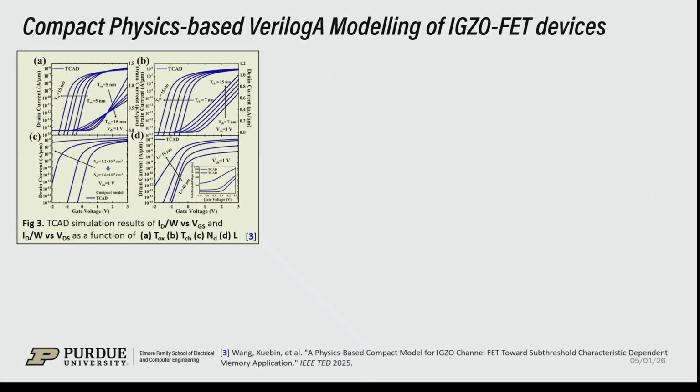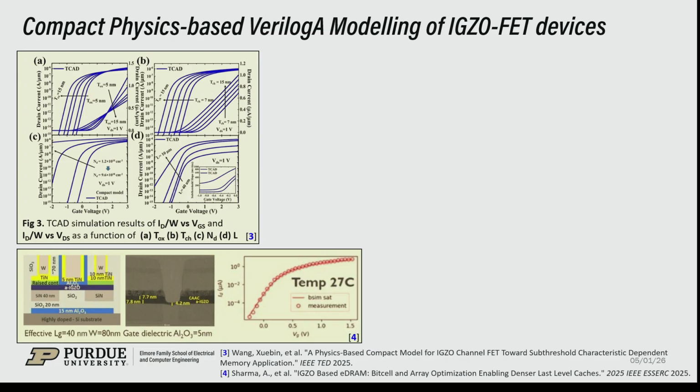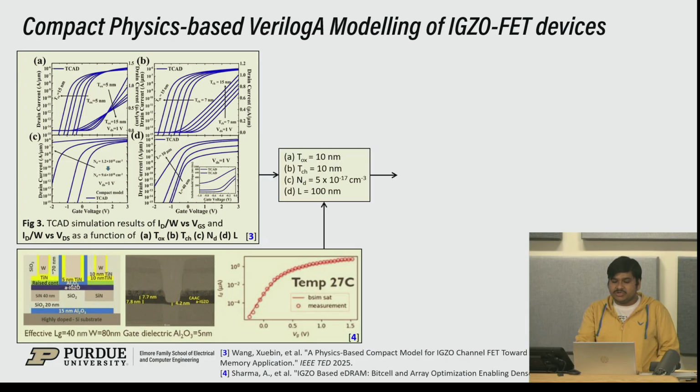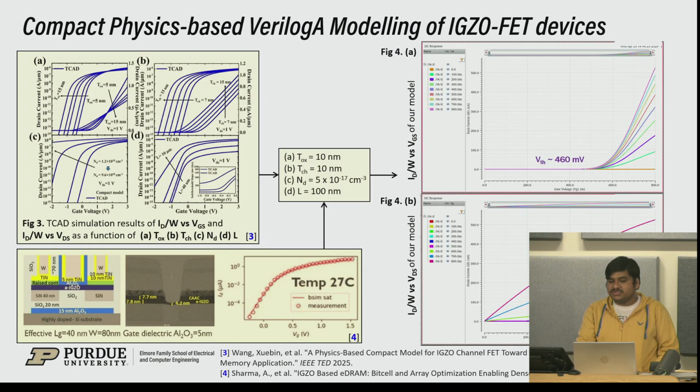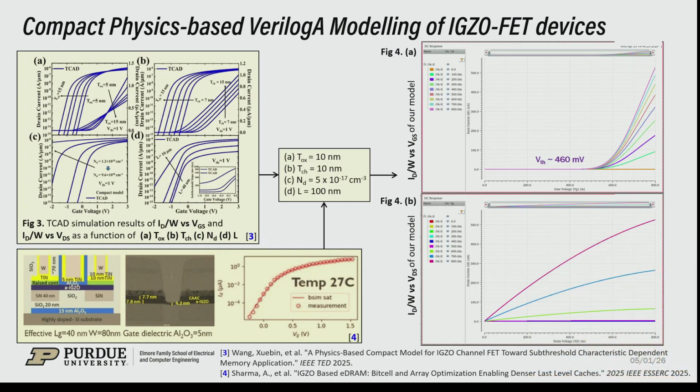Here we have compared our results with the TCAD and simulation based results, and for this particular device we observe the characteristic curve below. One interesting thing to note is that this particular device has a very low on drive current, and the threshold voltage is around 460 millivolt. So even if we have to get substantial current to obtain the sense margin, we have to use larger sized devices. Therefore the size of the device will be higher compared to traditional